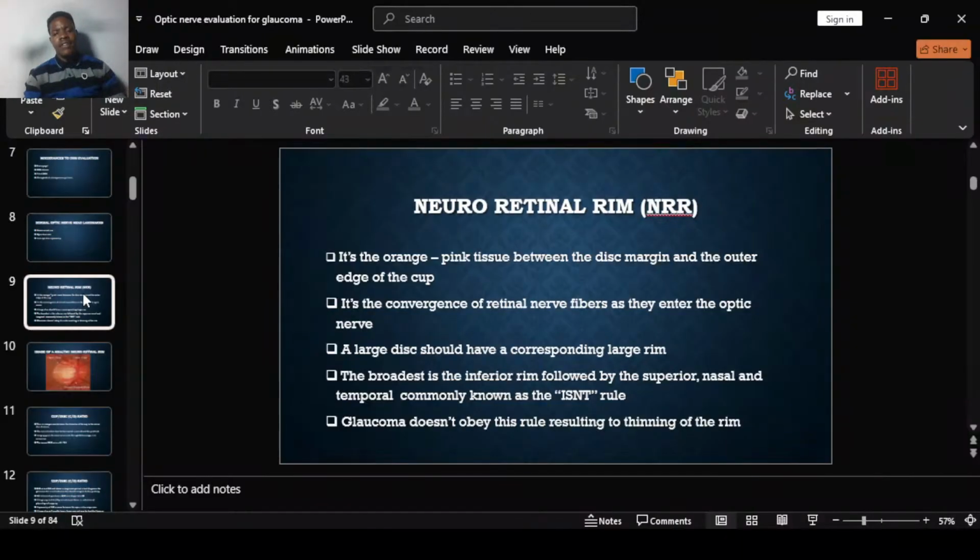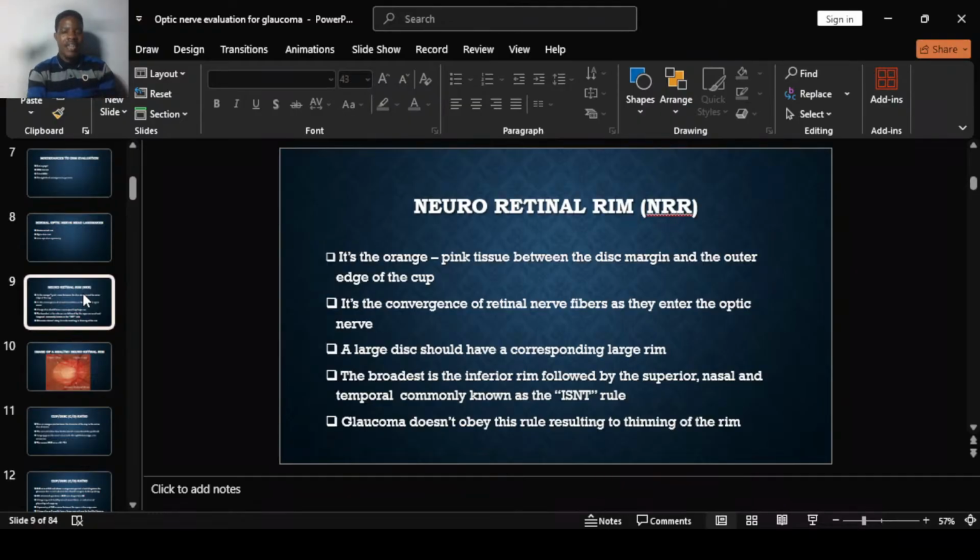So it is pink in color. It is important that we note the color, that it is pink in color. It is a tissue that is pink in color between the disc margin and the outer edge of the cup. So every time we see a change in color, we want to question why. The normal color is pink, and then it is the convergence of the retinal nerve fibers as they